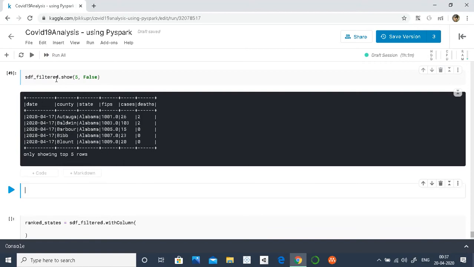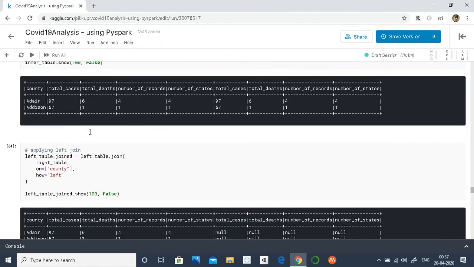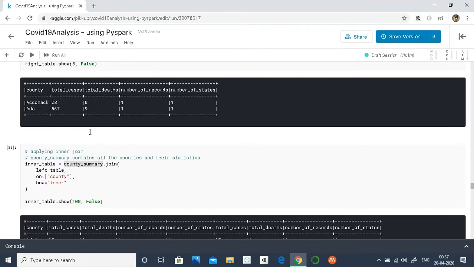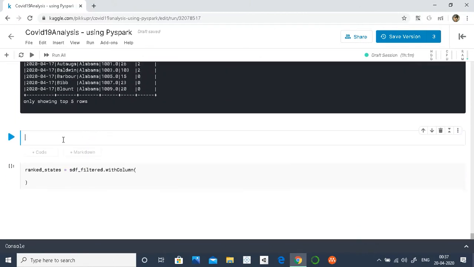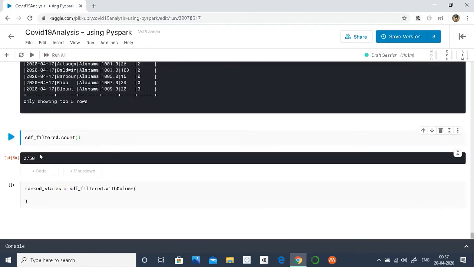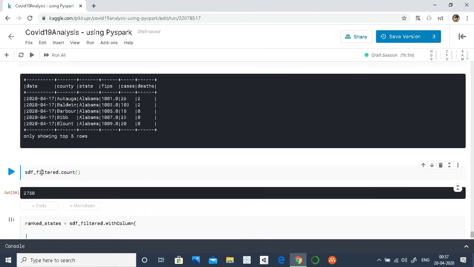I think this is not the data frame which we want to use right now. Okay, let me just check the count because we had around, yeah, in original we had more than 50,000 records, but the filter is based on the latest date. We got all the records from the latest date. So this is the right one.